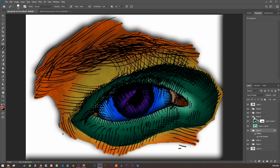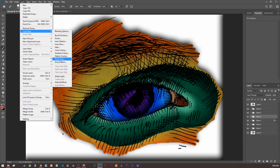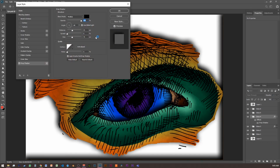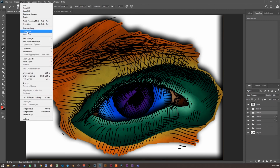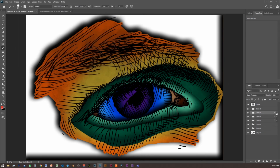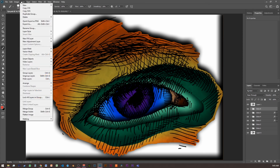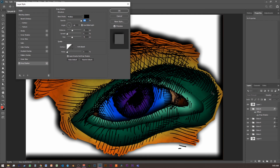And I will go to this one here now. Close that down. Just keep these closed. Layer style, and drop shadow. And I only really need to affect this once because it copies all of what I've just done prior to it, and it's added that now there. I can, if I wish to, change that up if I think it's too heavy. Layer style, drop shadow. One more, that's okay. And then this one here, layer style, drop shadow, and that should be the last one, but that affects that